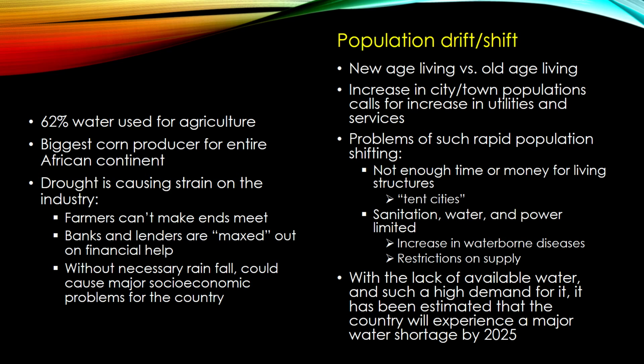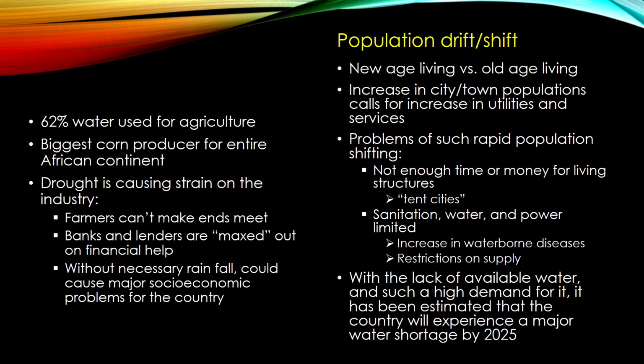Major social problems will occur without both rain and agriculture. It's going to be a massive amount of job loss, not only in the agricultural section, but it's a trickle-down effect. The agricultural section is going to affect others, small stores that rely on the farmers to provide them with produce to sell. They're going to go out of business, and then poverty is going to increase. Also, without a constant food supply, there's going to be an increased demand for food that South Africa is going to have to get from elsewhere.